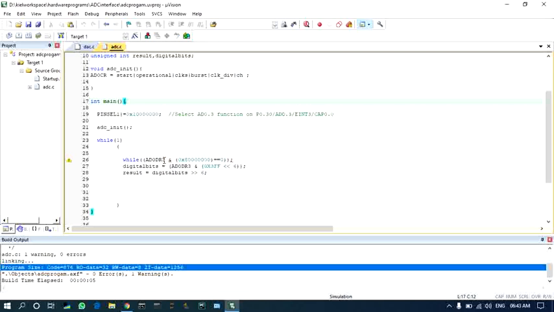The last bit gives the done flag. We are checking whether the bit is 1 or 0 by ANDing with 1. If it is 0, that means the conversion has not been done. If it is 1, then the control comes out of the loop.